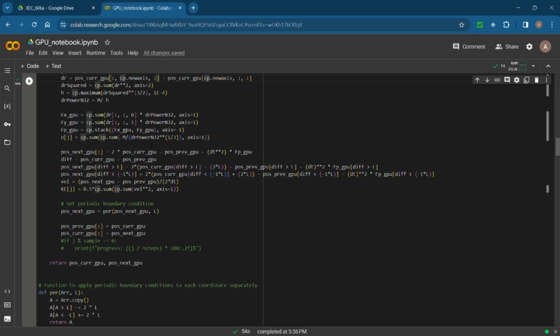Except for some places where we have to take care. During force summation we sum along axis equal to 1, right? Axis equal to 1 means we are summing over the particles themselves. We just need to take care of these things, and the rest is almost the same, there are no changes here. We are also calculating the kinetic energy, because we have calculated velocity and then we calculate the total kinetic energy. Pretty simple expression, right?